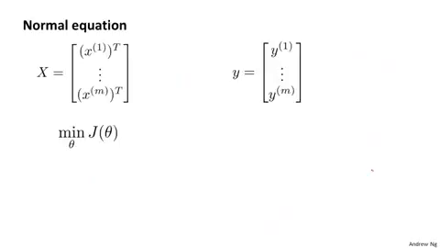The second algorithm was the one based on the normal equation, where what we did was we created the design matrix X, where each row corresponded to a separate training example, and we created a vector Y. This is an m-dimensional vector that contained the labels from the training set. Whereas X is an m by n+1 dimensional matrix, Y is an m-dimensional vector. And in order to minimize the cost function J, we found that one way to do so is to set